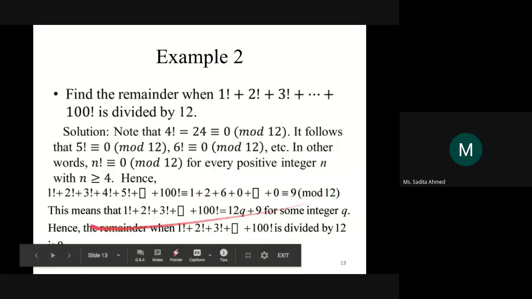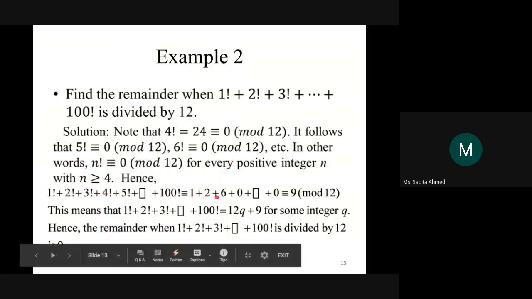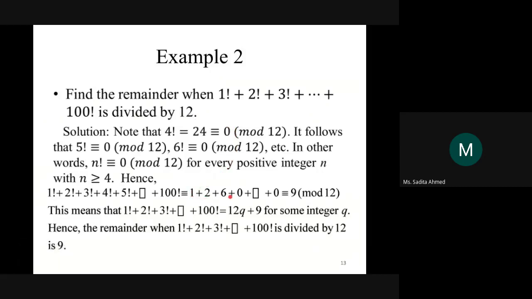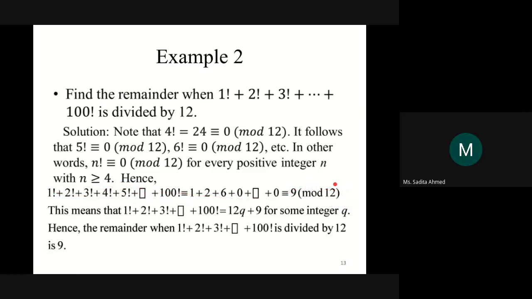All right. So the summation of the left-hand side, which is the summation of all the factorials, is congruent to the summation of the right-hand side, which is 1 plus 2 plus 6 plus 0, all the zeros next, mod 12. So from there, we get 9 mod 12. All right. So this summation of all the factorials is congruent to 9 mod 12. Now, if it's congruent to 9 mod 12,